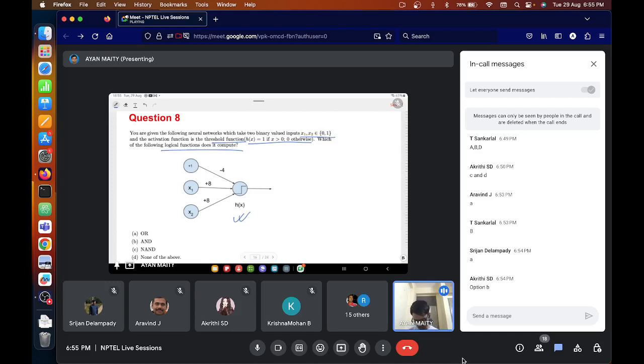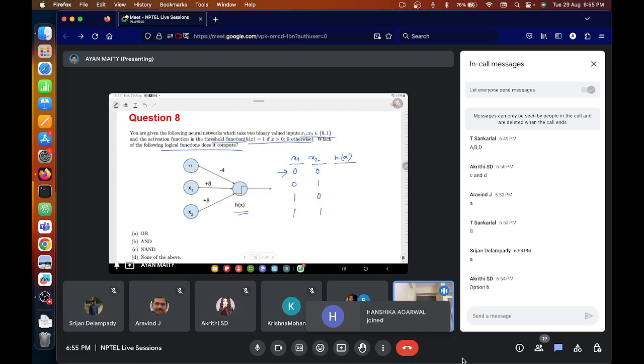So for this question, we have to compute the output for different inputs. X1, X2 are the inputs, Hx is the output. These are the possible combinations of the input features, because both input features are binary valued. X1 can take only 0 and 1, and X2 can also take only 0 and 1. So for the first input 0 0, if we compute this Hx,